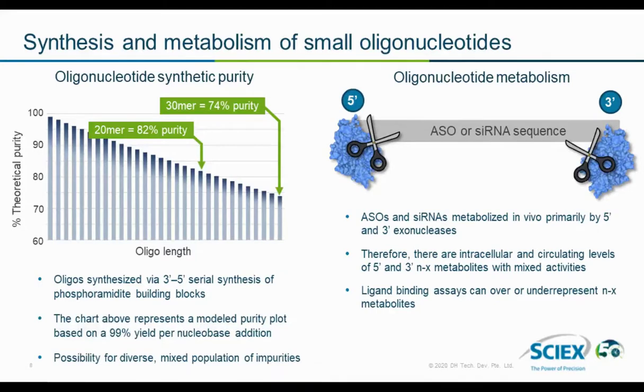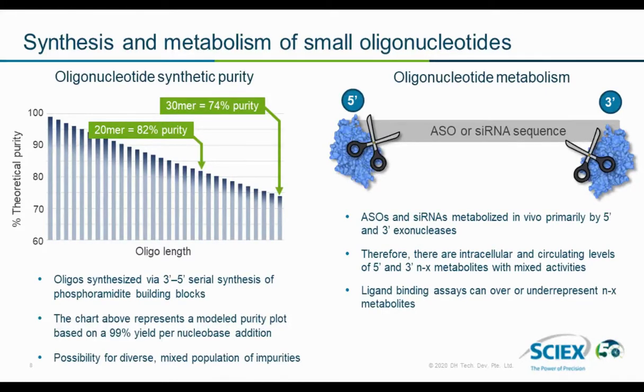The chart on the left-hand side represents a model impurity plot based on the synthesis. You can assume that as the ASO or oligonucleotide gets longer, the probability of increased impurities also increases. Every time you add a base onto the oligonucleotide chain, you also increase the impurities present. So it tends to have diverse and mixed populations of impurities